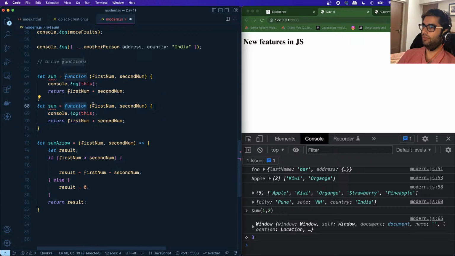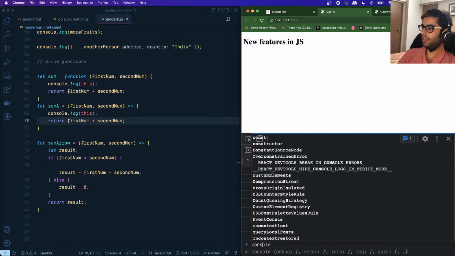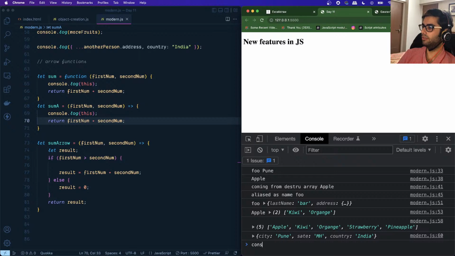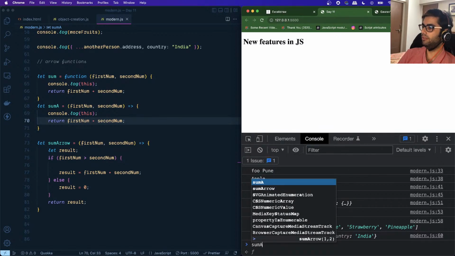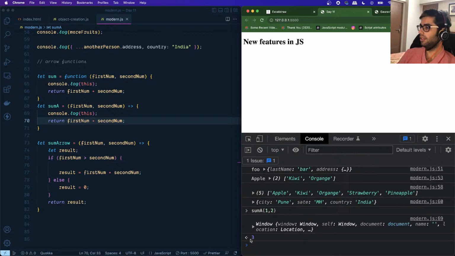Let me convert this into an arrow function. And if we call sumA, which is the arrow function version of the same thing, okay, this is having access to this,